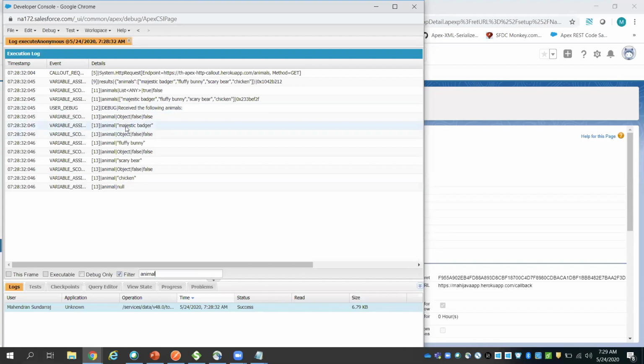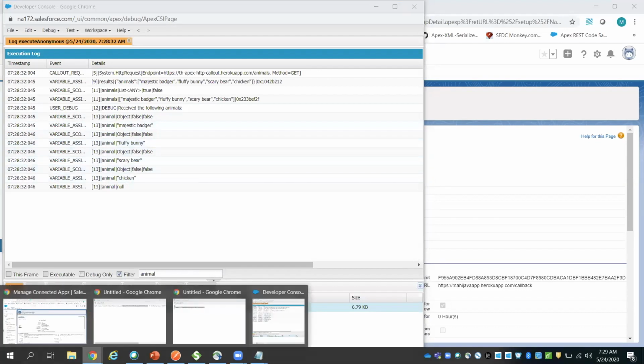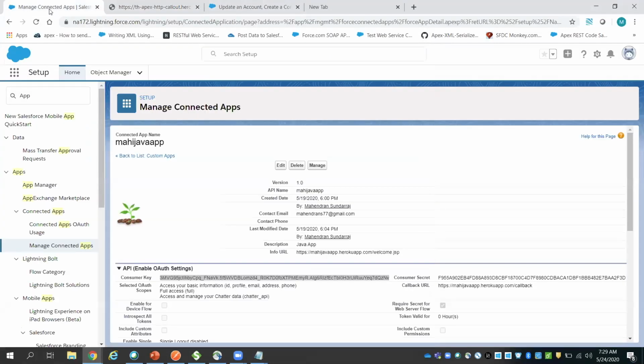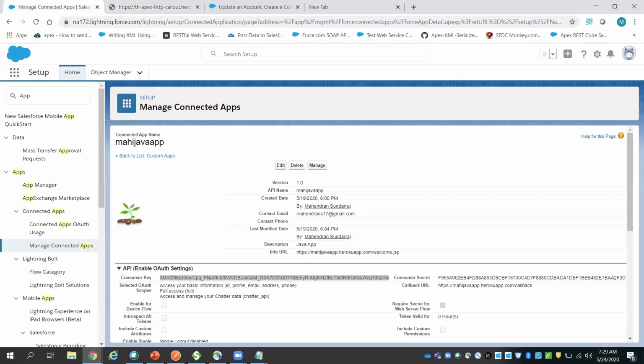You will see all the different animal names like majestic badger, fluffy bunny, scary bear, chicken. These are the different names that we can get from this endpoint URL. So this is a small example to show how to hit a third-party URL endpoint and get the data using Apex.